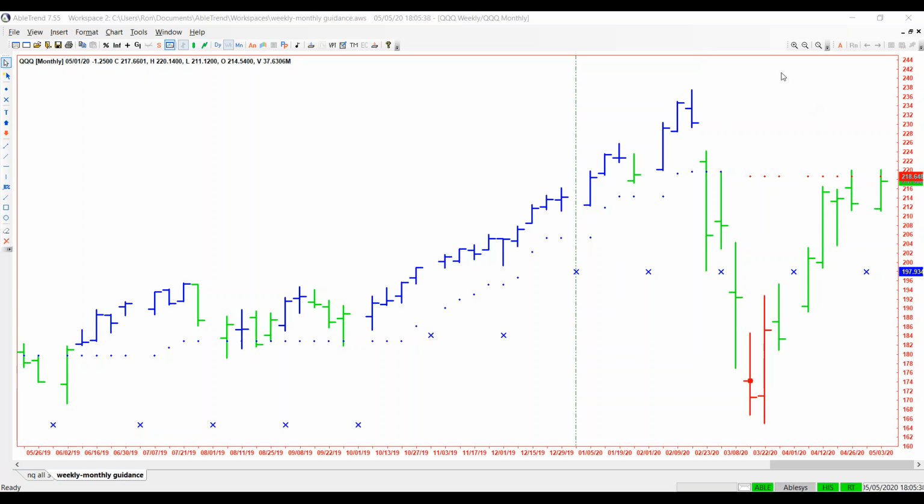So we're going to jump in right here, and I have a chart right now. This is the Qs, basically the NASDAQ. I've got a NASDAQ chart up here, and take a look at that. So this is a weekly, monthly, and I put this chart up here because I find this very interesting, whereby the prices are stopping exactly at Able trend resistance. Exactly. In fact, today it went right up to this area